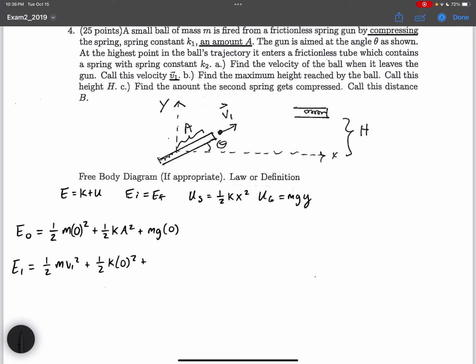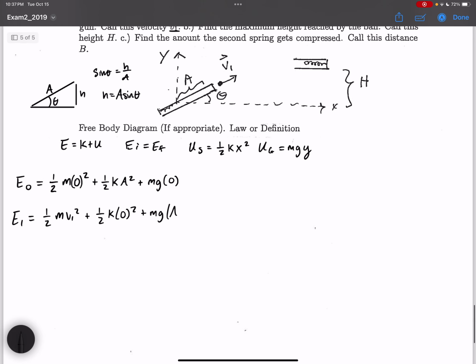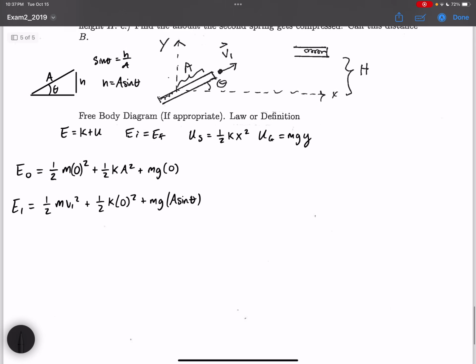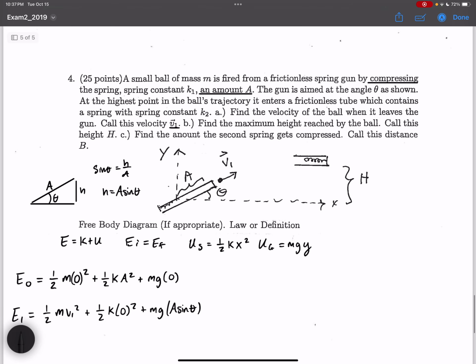plus the gravitational potential energy, which we can find by doing a little bit of trig here. So if this angle equals theta, and this distance is a, the height is going to be: sine of theta is equal to h over a, which means h is going to equal a sine theta. There we go. And so our gravitational energy is mg a sine theta. Okay, so that's good. And then we also need its energy at the maximum height,